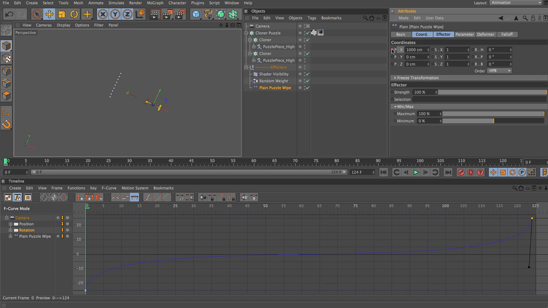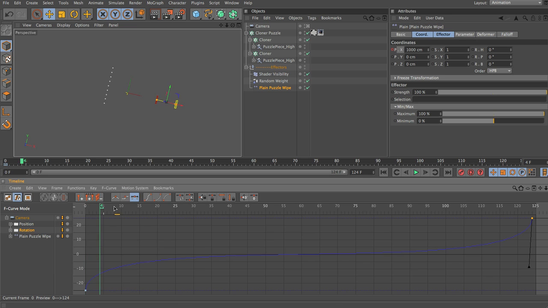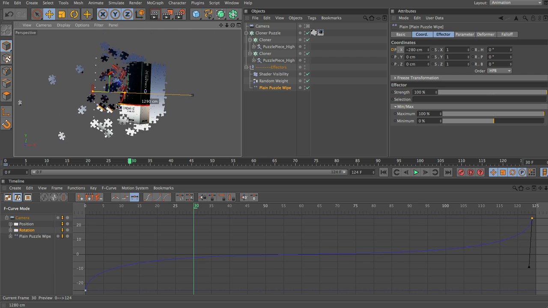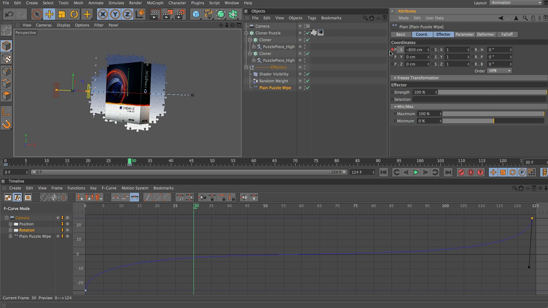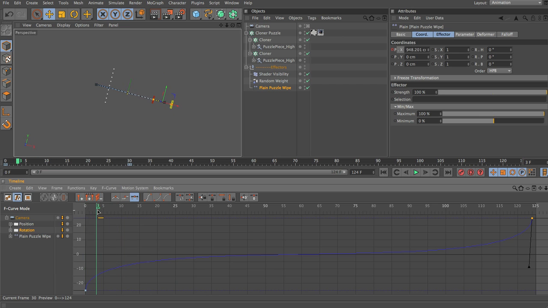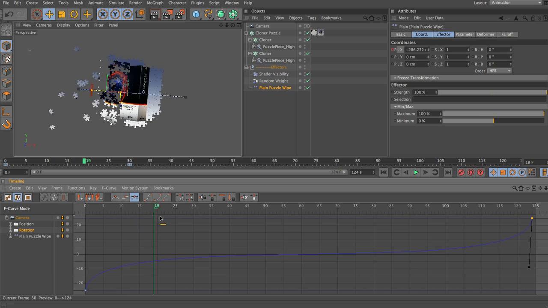Now I'd like the wipe to be fairly quick, but not so quick that we don't actually see it, so maybe 25-30 frames long. So I'm going to go to frame 30 and I'm just going to drag this across. I'm going to hold shift so we just stay on whole numbers and wait until that last piece just lands in place. So we're looking at -850 on X, and I'm going to add another key. So now if we come back, you can see that as we zoom forward, the jigsaw is built.